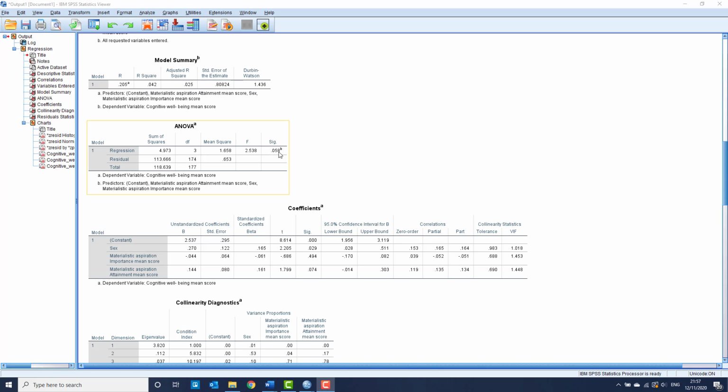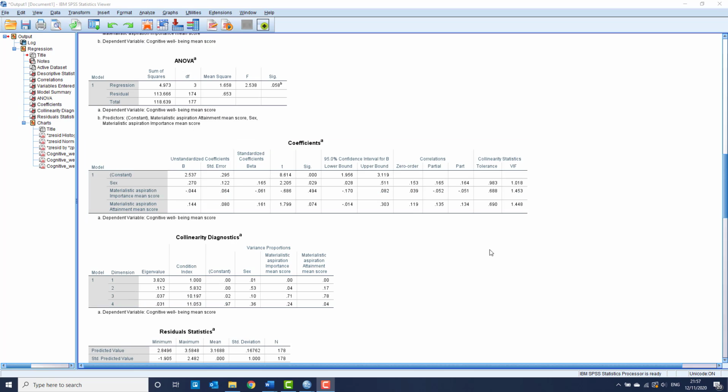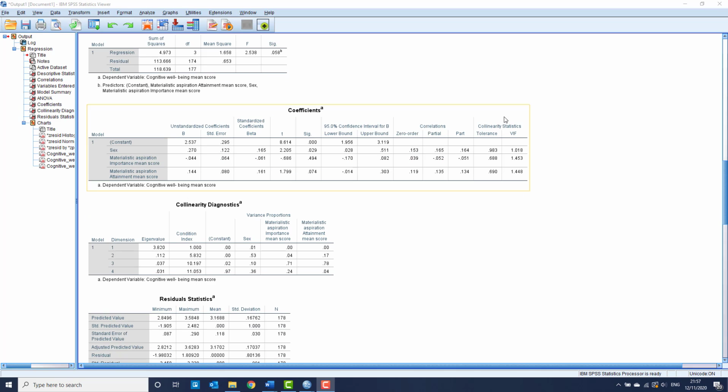So the ANOVA, we've got, we won't do that now, we'll leave that to the interpretation bit. Now, the next thing we want to look at in terms of the assumption checking is this. So we've got the tolerance and the VIF values, variance inflation factor, which is if that value is greater than